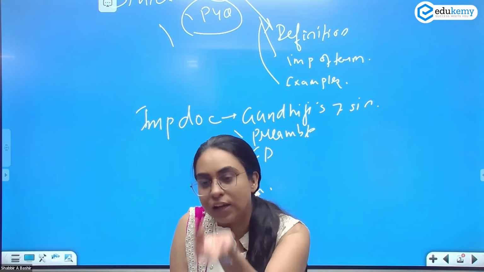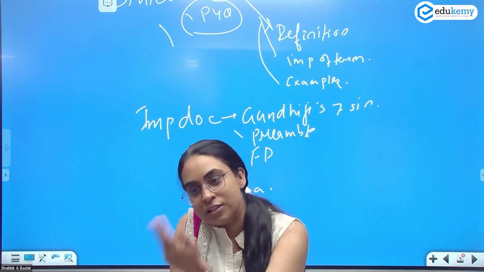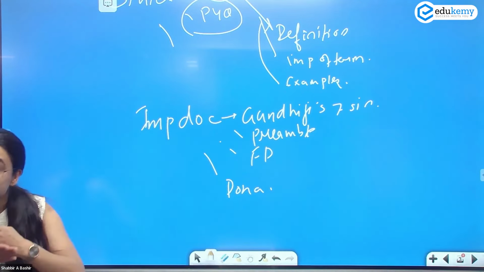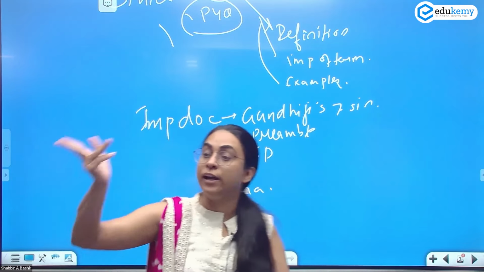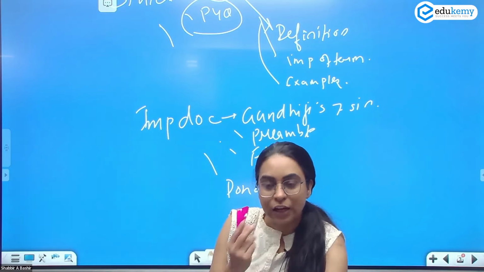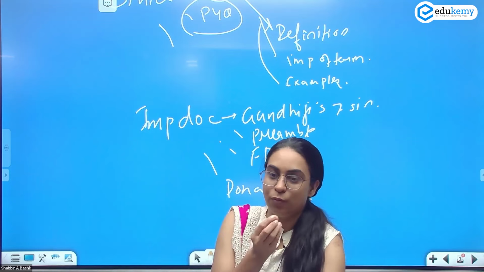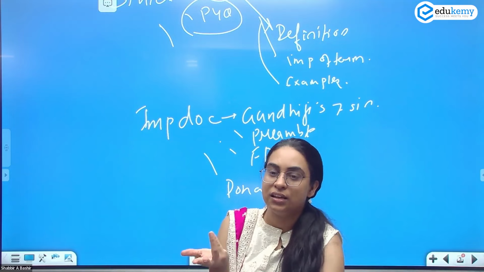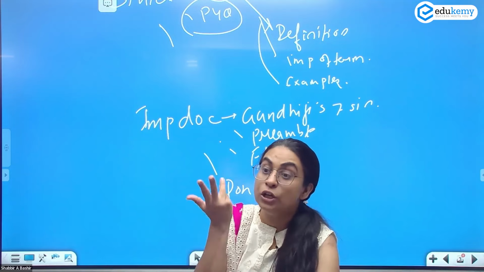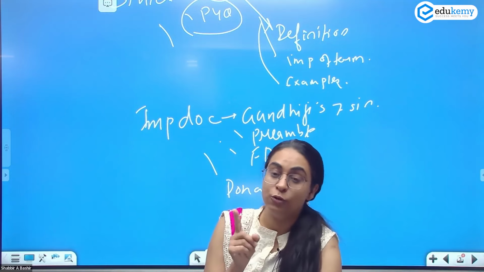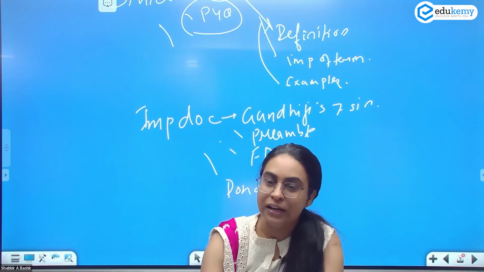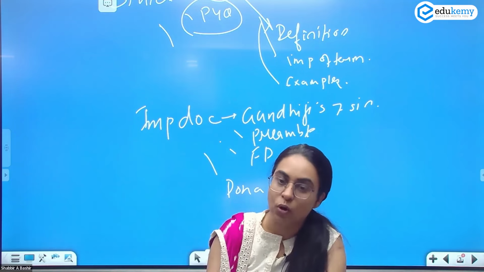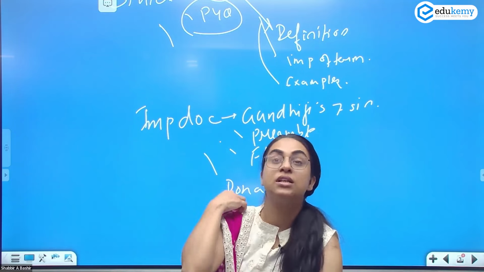ठीक है, बुरा जो देखन मैं चला, बुरा ना मिला कोई, जब मन खोजा अपना, मुझसे बुरा ना कोई. So you can find flaws everywhere, but once you start finding flaws in yourself, then you will realize that it is not the world, it is me. वो बोलते हैं ना, जैसी दृष्टि वैसी सृष्टि. You look the world the way you are. Whether you will find this as half full or this as half empty depends on what is your outlook towards the place.